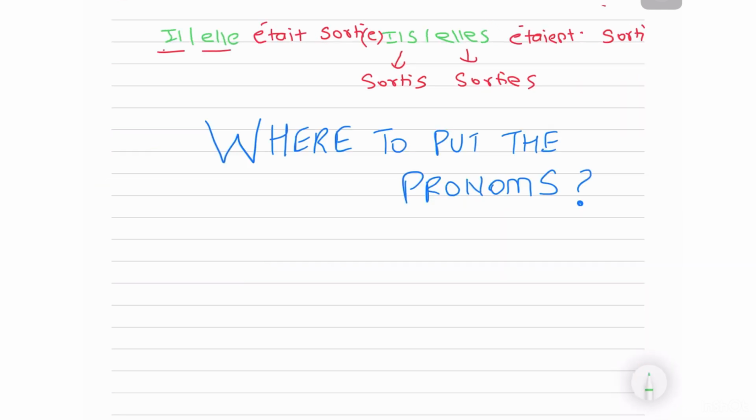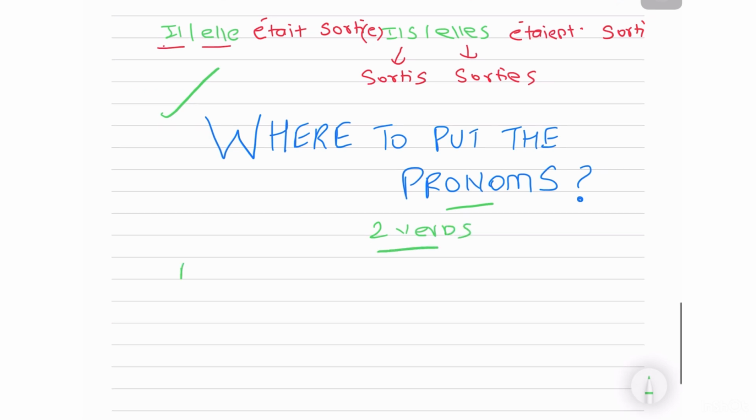Now we've got a small but important question, that is where to put the pronoun, as in the pronouns before your pronominal verb, or for my other students, even our normal pronouns, like pronom personnel, COD, COI, whatever it is. Where do all of them go? Generally the pronoun goes before the verb, but here we have two verbs, the helping verb and your past participle. So we have one simple statement: it will always and always go before the auxiliary verb, as in before avoir or être.